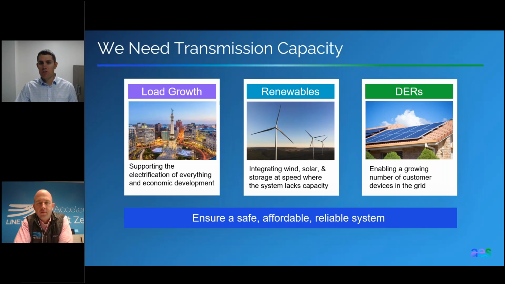Utilities and others that are trying to serve, renewable developers that are trying to serve the energy to this new load, are having to fight these transmission capacity challenges. And these customers, the industrial load, the jobs that come with that, have very fast timelines, and traditional solutions like building wires take longer than the 24 months that our customers require for building these new